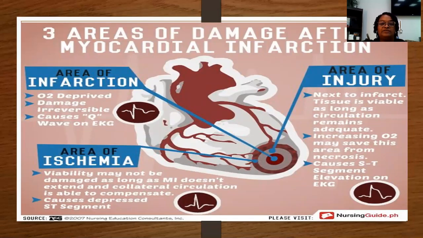So you have 3 areas of damage after a myocardial infarction. You start out with the area of ischemia, which can be reversed if they get treatment. And then if not, it progresses on to the area of injury, where you'll start to see your ST elevation. And then again, as time passes, that tissue will infarct. And at that time, you'll generally see the Q wave develop on your EKG, and that tissue has died, okay? And that once it gets there, it's irreversible,